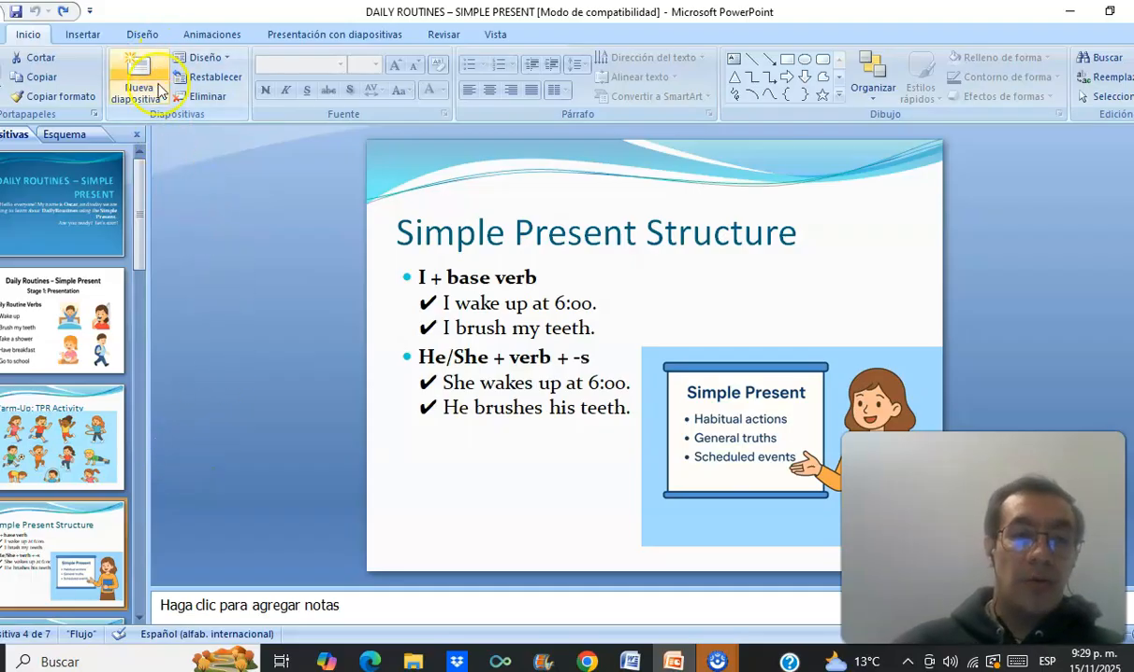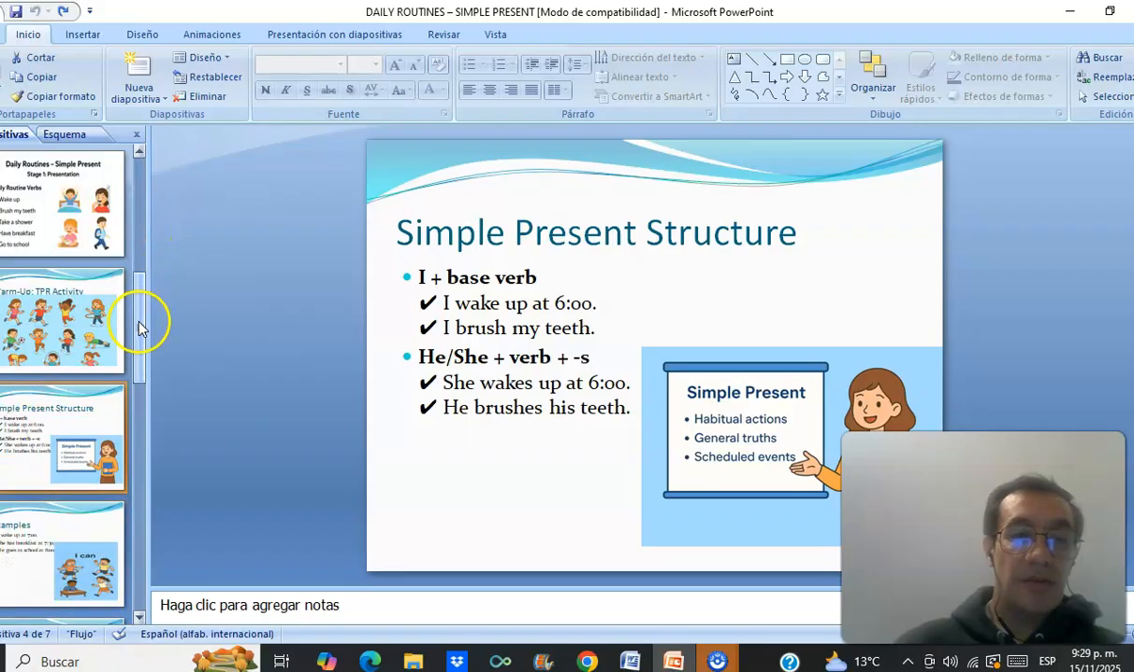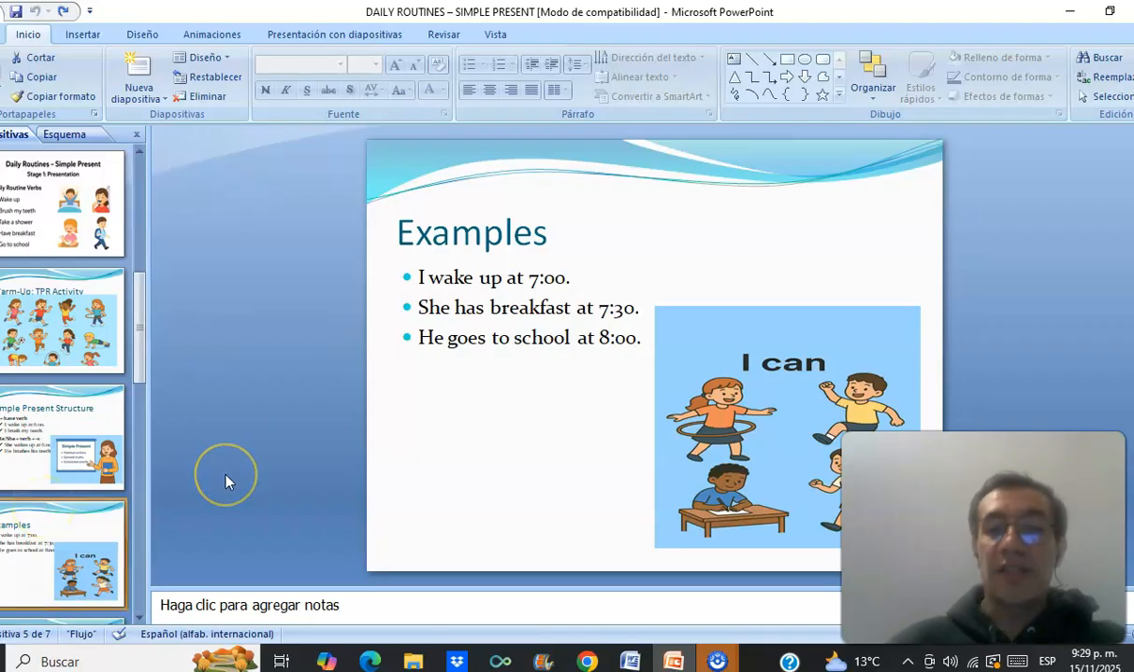Okay, here we go with the five slides that are examples. I wake up at 7 a.m. She or he has breakfast at 7:30. He goes to school at 8. He walks. He studies. In that case, you just do not need to add an additional S, but you